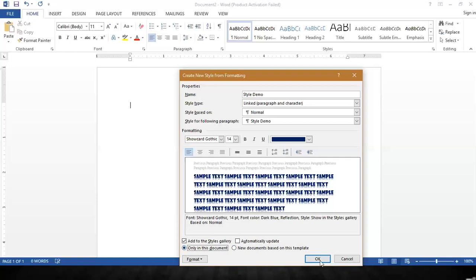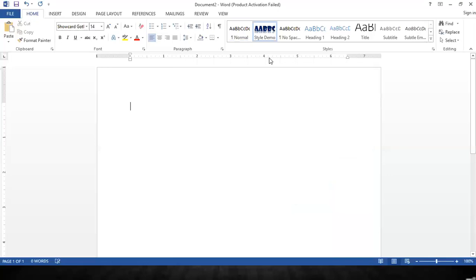Then click on OK. Now you can see that the design which you have created, style demo, has appeared in the styles section or styles group here, right? Now suppose you have written some text, for example, I'm writing computer, and then MS Word on another line.